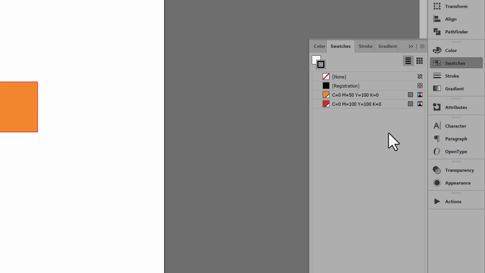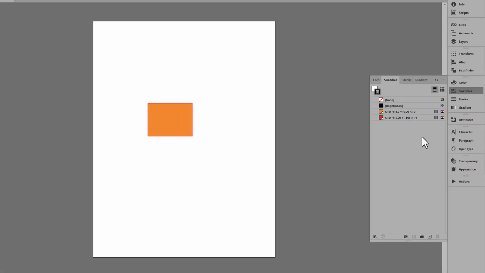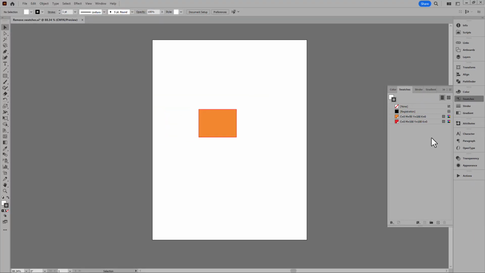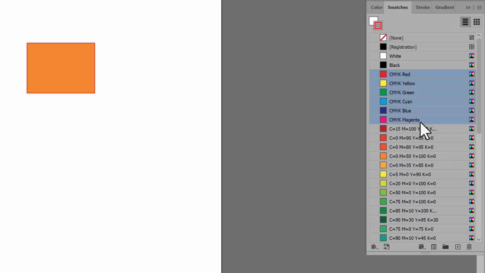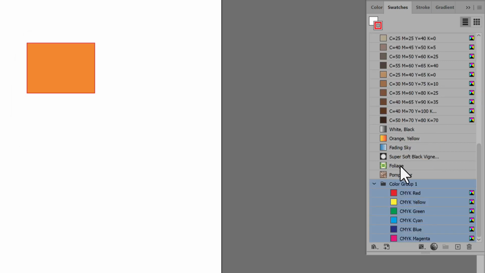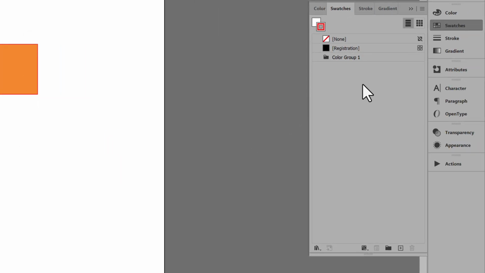We could go through all elements and find what colors are used, but that would take a lot of code. Too much to cover in this tutorial. Keeping used colors is not difficult in InDesign, which I'll show in a bit. But more in Illustrator first. I'll revert the document. Now let's select a few colors and move them into a color group. Run the script again. The swatches are removed, but the empty color group remains.